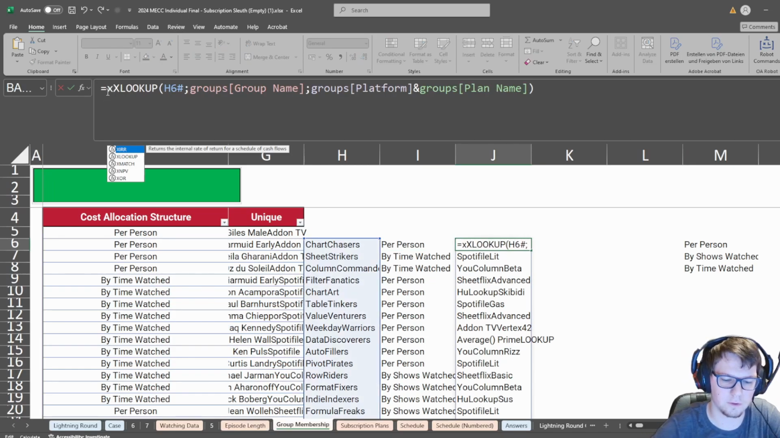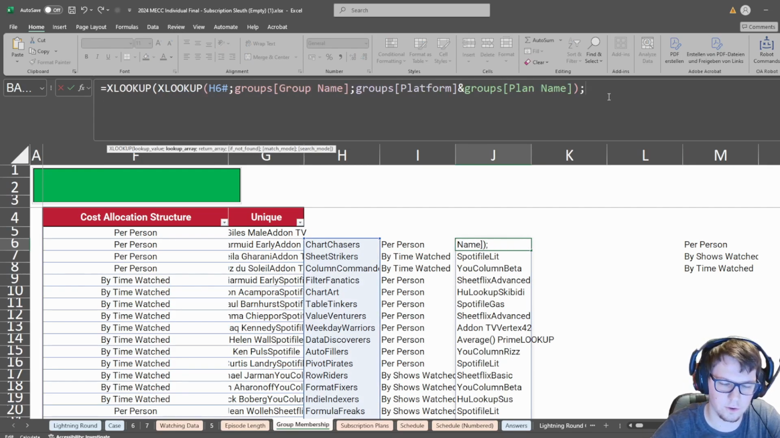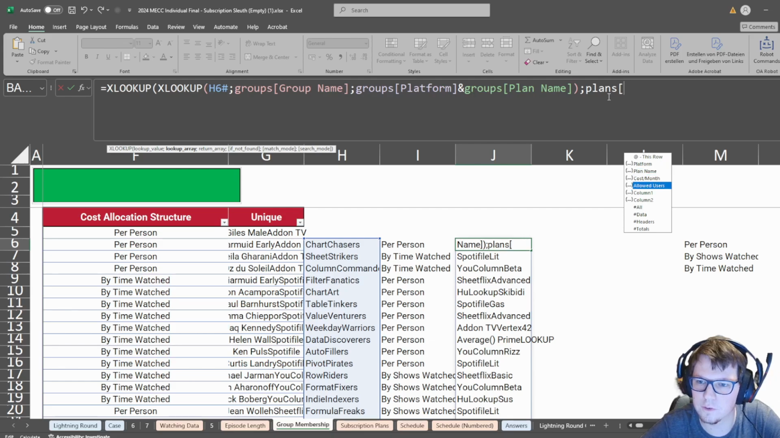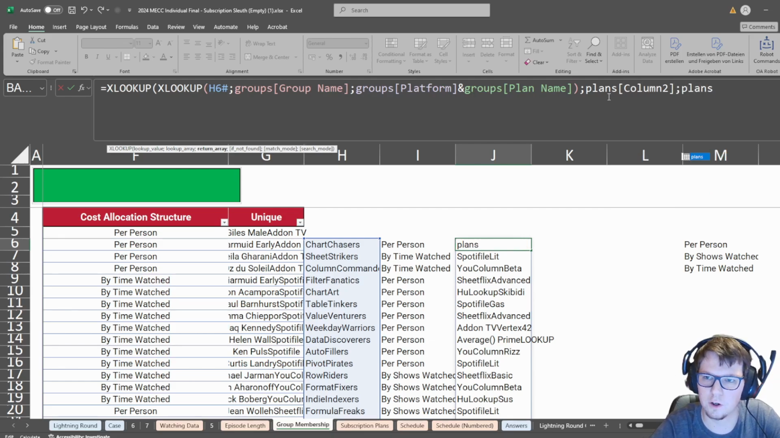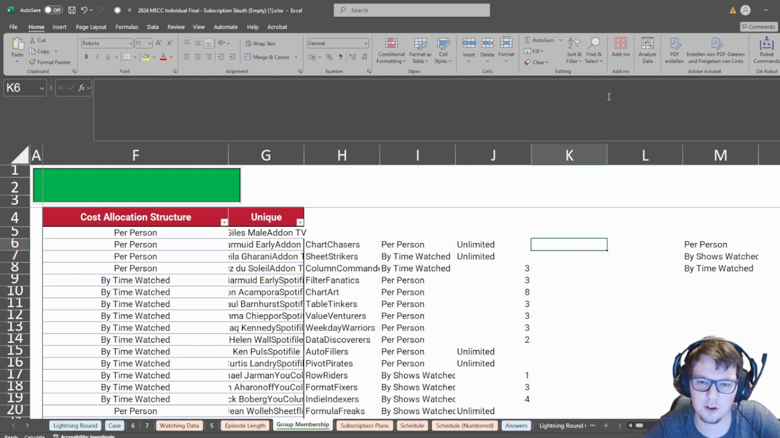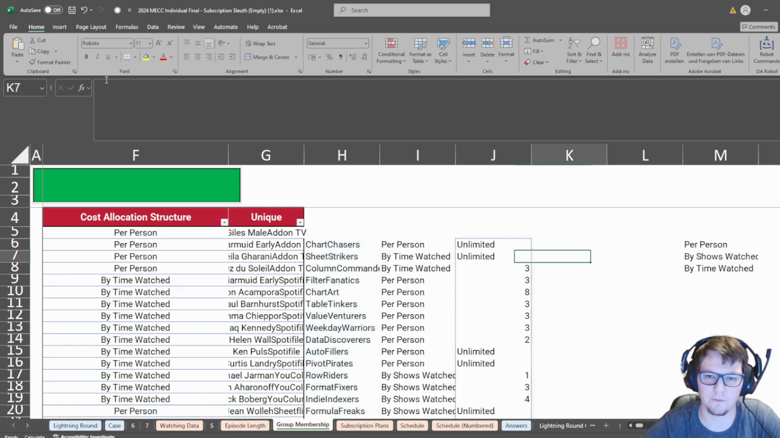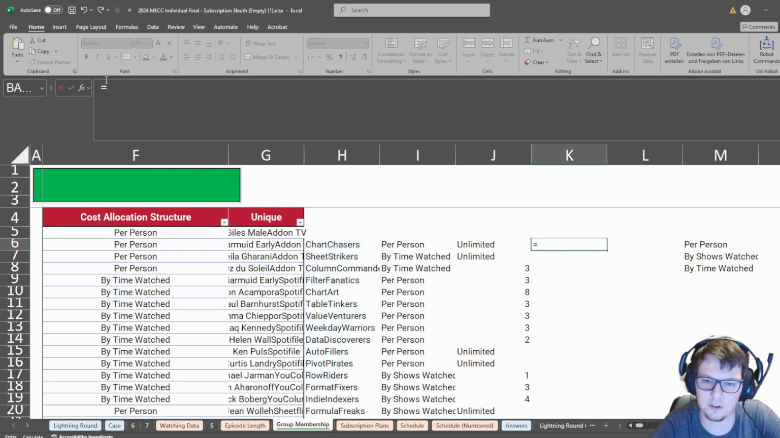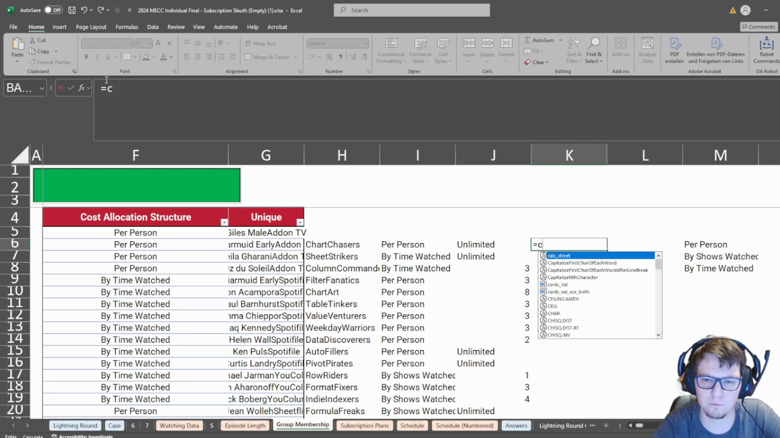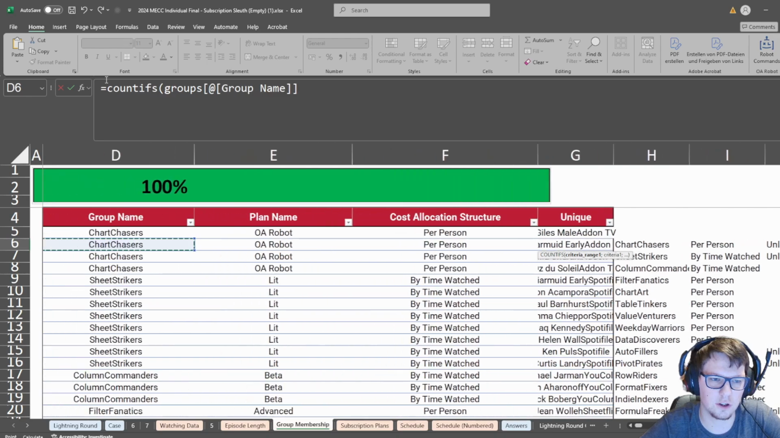XLOOKUP this in plans. It's column 2 and return the allowed users. So I think we can take this unlimited for now. And we now need to count if